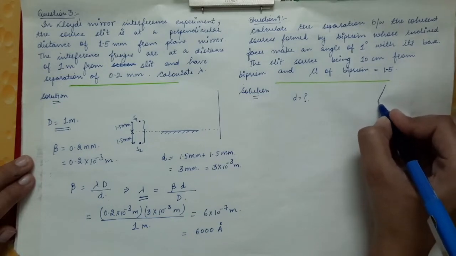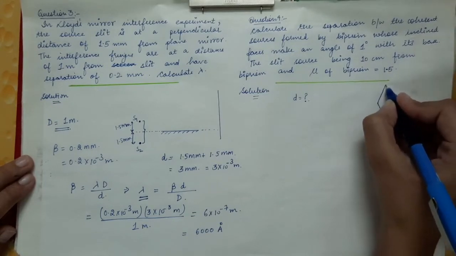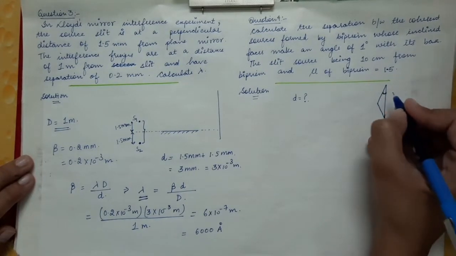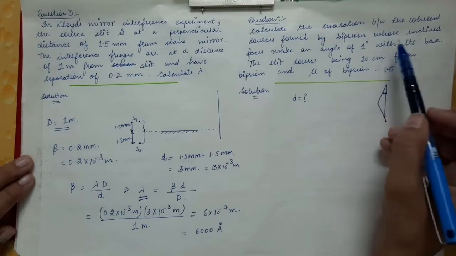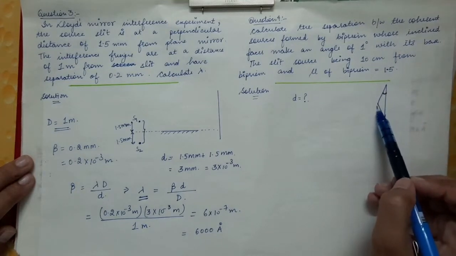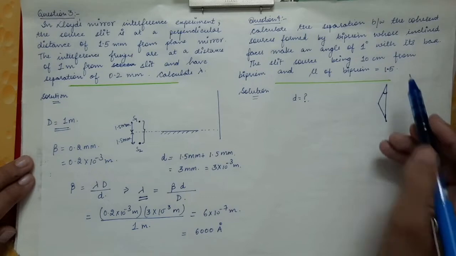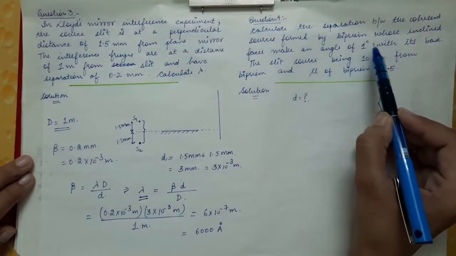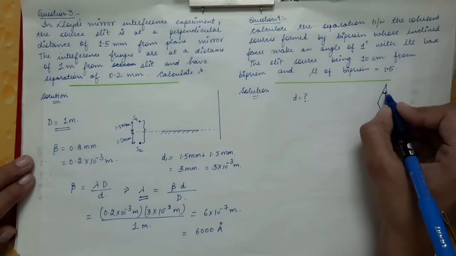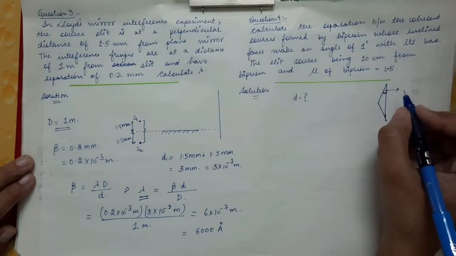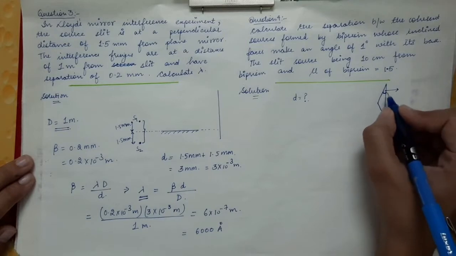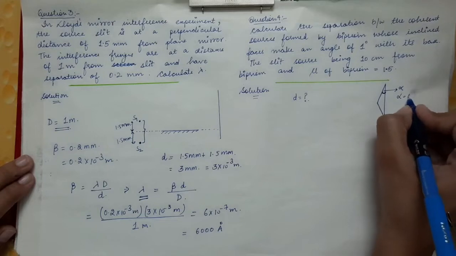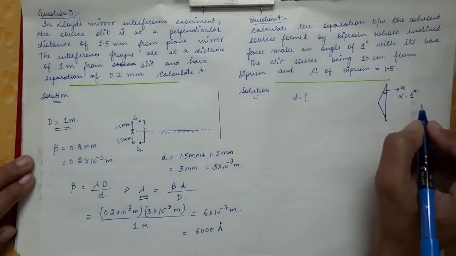So how is the Fresnel biprism drawn? This is the Fresnel biprism, and this is the angle of the prism, and this is the angle which is made by the inclined face with the base of the prism. We are given that the inclined faces make an angle of 1 degree with its base. So basically we are given this angle. When we did the topic of Fresnel biprism, we represented this angle by alpha. So we are given alpha is equal to 1 degree in this numerical.